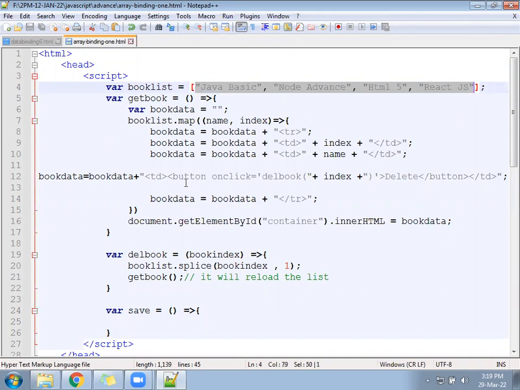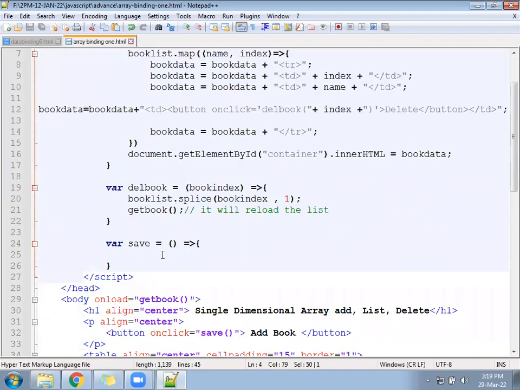But JavaScript says, manually, how can you add in the project? So I have a function. That function will help you to add in the beginning, to add in the last, and to add anywhere you want. Okay. So for that, first let's try with a fixed value. So what you can do, call your array name. Array name is booklist dot push.